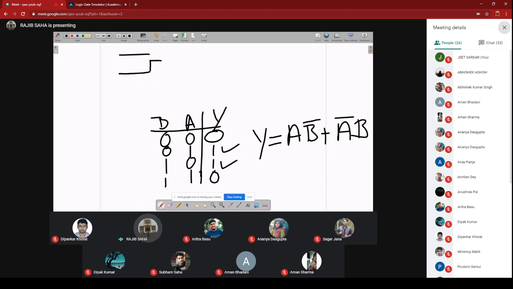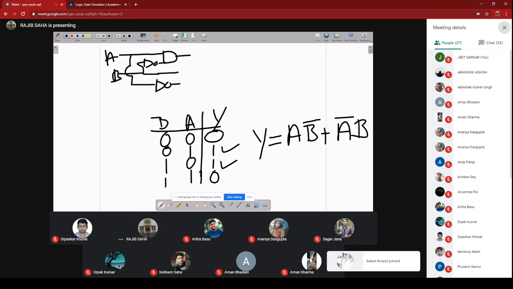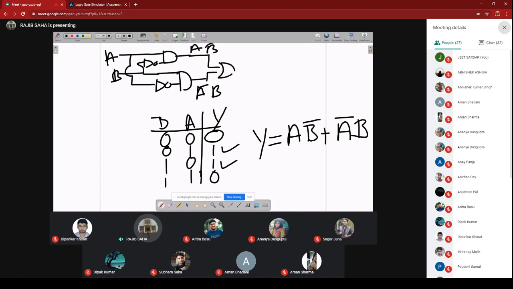Now we have done AND, so it is A, it is B. The first one is A B bar, this one is A bar B, and the combination of these gives A B bar plus A bar B.